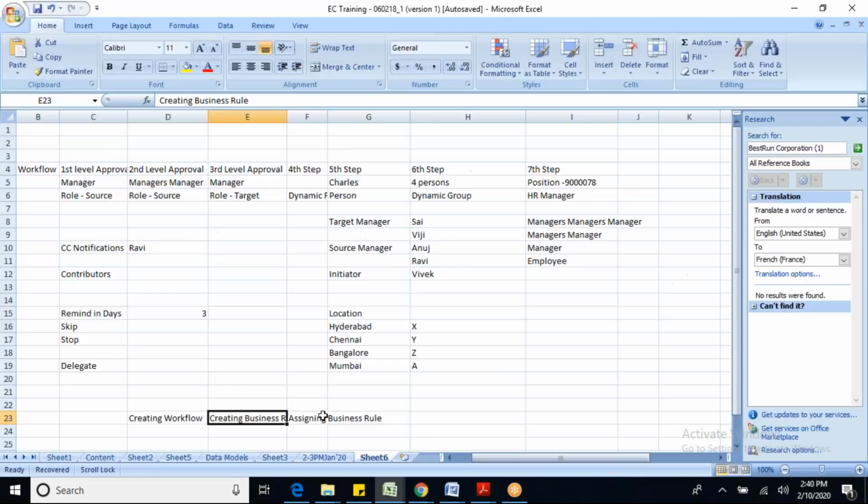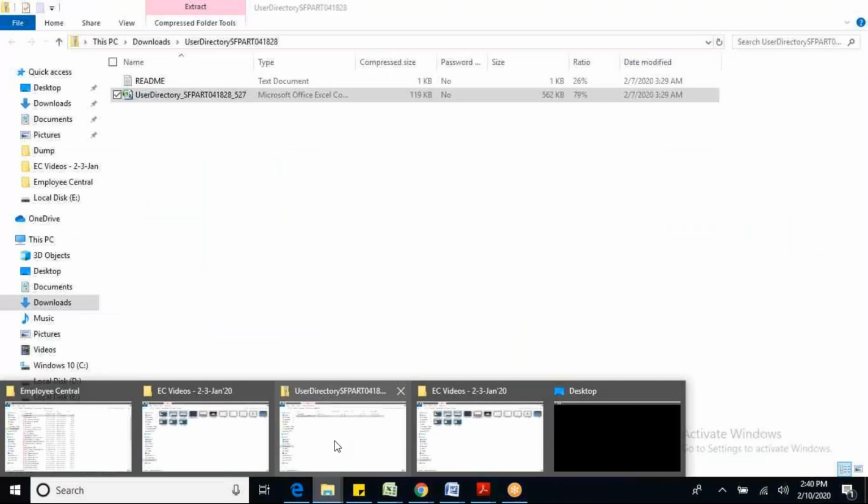Okay, so when do you want this to be triggered? So you need to assign this business rule to a particular portlet. Now, a workflow can be triggered when you are creating a position or when you are creating a department. So that means you need to write a business rule and assign the business rule on the position object, on the department object, so that whenever you save the record or whenever you trigger an event, it automatically routes the workflow. So the second step is to create a business rule. Okay, now let's go and see what is a business rule.